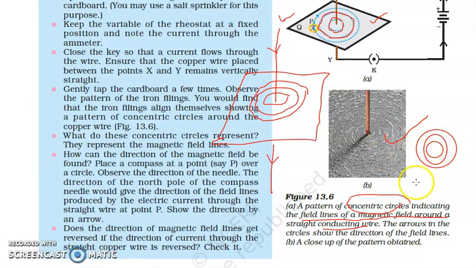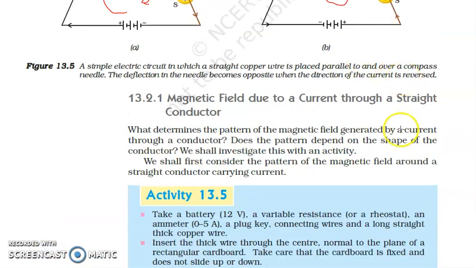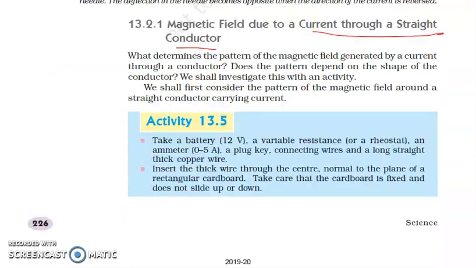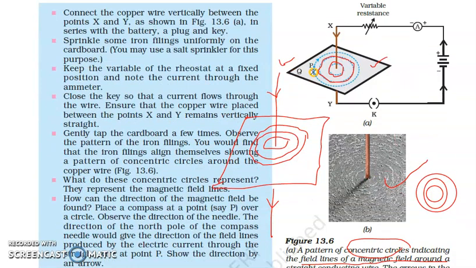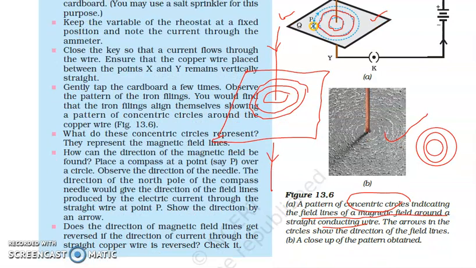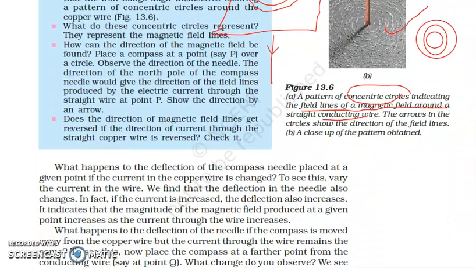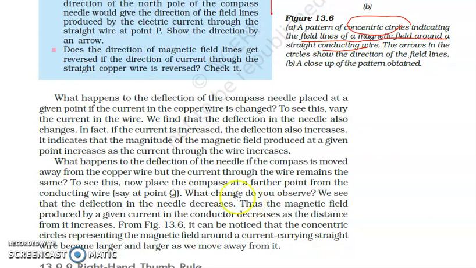Okay, so this was the conclusion from this activity, that due to the current carrying straight conductor, the magnetic field is in such a direction that they form concentric circles at this point, and the concentric circles are formed because of the iron nails that we have placed here. और वो सारी की सारी iron nails जैसे अपने आप को arrange कर लेंगी, that would give us the direction of those magnetic field lines around the straight current carrying conductor. You can read through this.